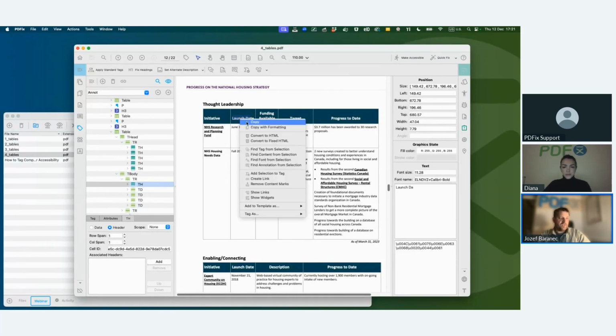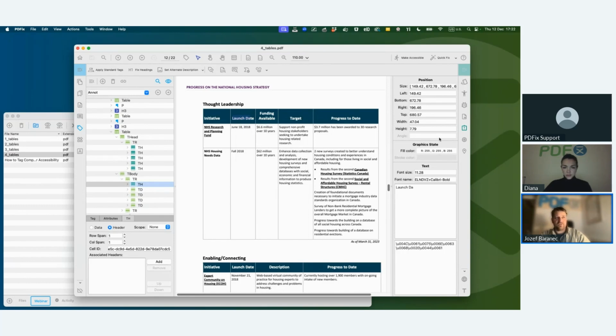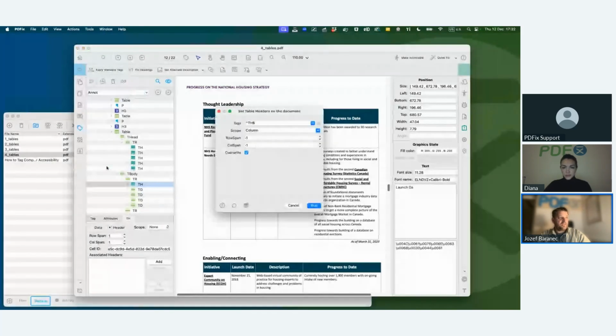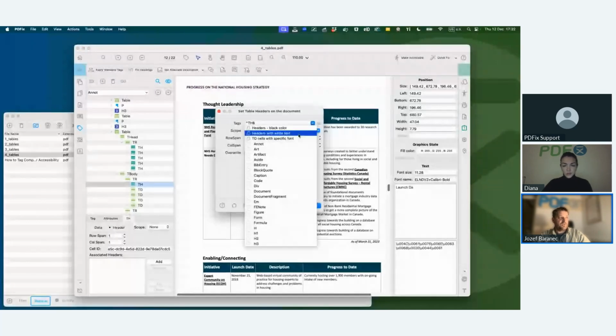I can just copy the properties. When I do copy, it doesn't copy just the selected text, but we keep in the clipboard all the information that we see here. So now we can run the action, we can set up the TH, but we need to, I have prepared